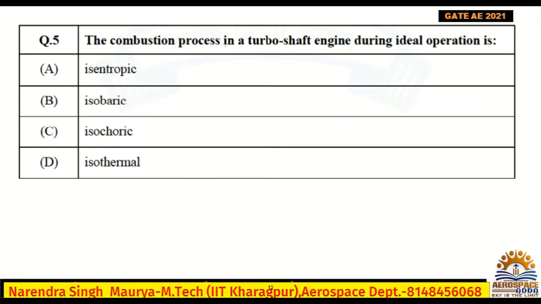So guys, today we'll solve the jet propulsion problem from GATE 2021, problem number 5. The combustion process in a turboshaft engine during ideal operation is, okay. So the combustion process, right? The options are: it is isentropic. What is isentropic? It is